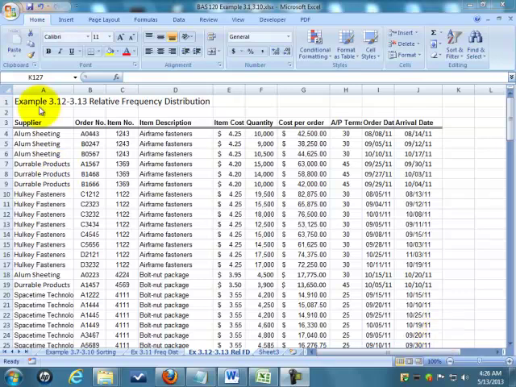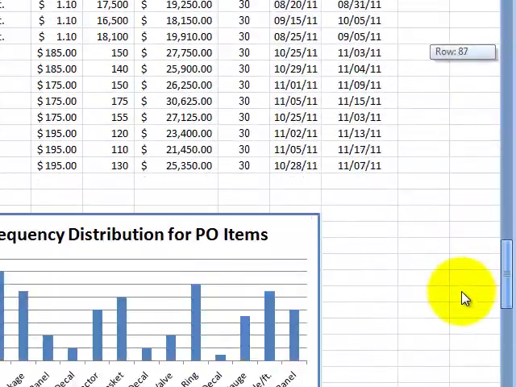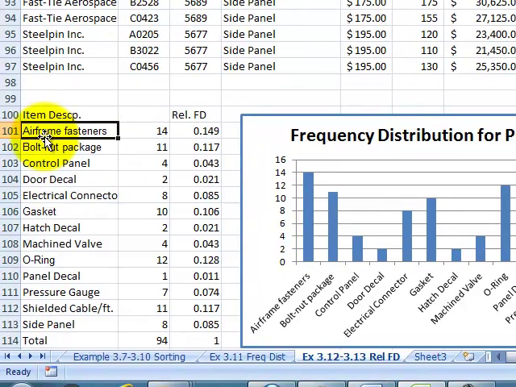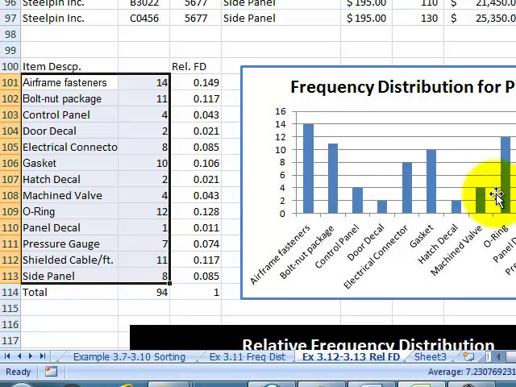Okay, welcome back. Let's go through another example, 3.12, 3.13, a relative frequency distribution. So I've taken the same data, and in the last video I showed you how we got a frequency distribution by using the COUNTIF function, highlighting our range and saying count if it's airframe, count if it's a bolt nut, and then we simply graph that by highlighting this area and giving ourselves